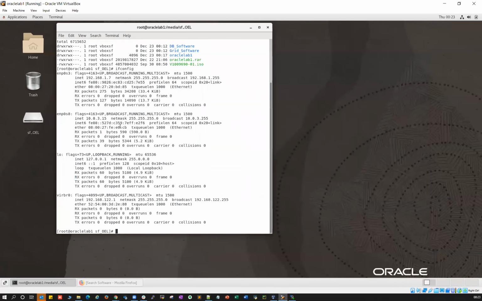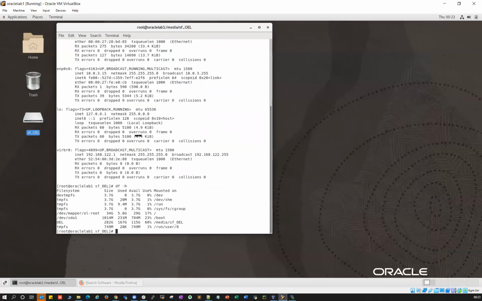Right now, if you see, I already have that on df -h, I already used the shared folder here. I can make use of that one. That's one of the preliminary checks you have to do. And the second check is you have to create your Oracle user in order to install Oracle software here. So just do id oracle, and you don't have it. The Oracle user is not available here.